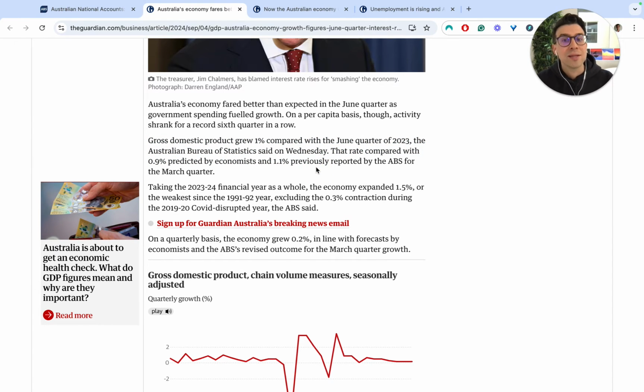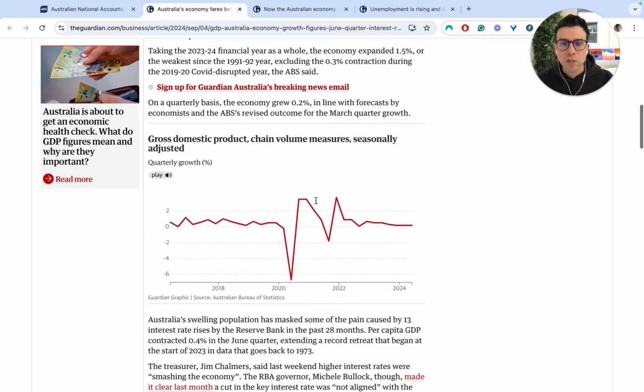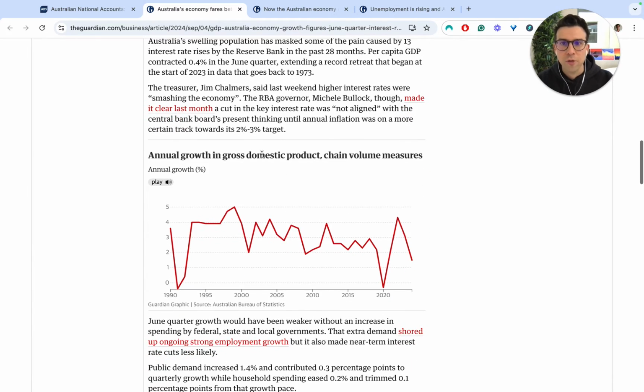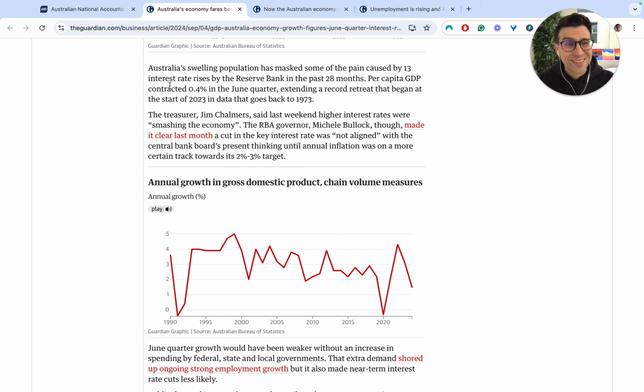That rate was compared to 0.9 predicted by economists and 1.1 predicted by the ABS. So I think economists are always a little more pessimistic. You can certainly see the ABS had thought we were doing better than we were, and it highlights that this growth result was a little worse than expected. Now, equally, we can see and appreciate that this is creating an issue, particularly around